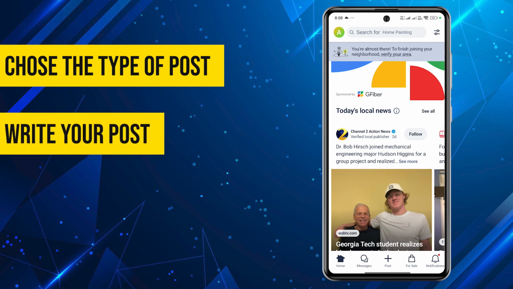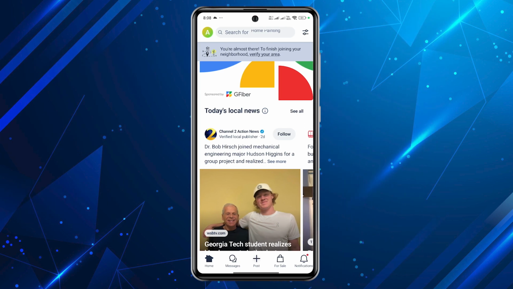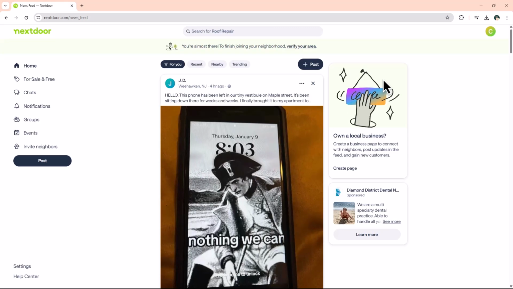Write your post, add photos if needed, and select your audience: your neighborhood, nearby neighborhoods, or just your own. Once you're ready, hit post and your message will be shared with your community. It's that simple. For desktop, go to nextdoor.com and log into your account, and here you will find the post